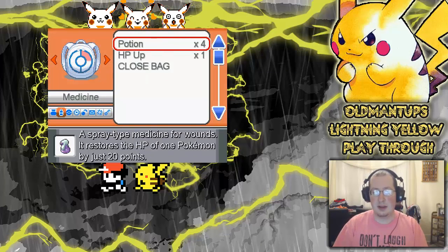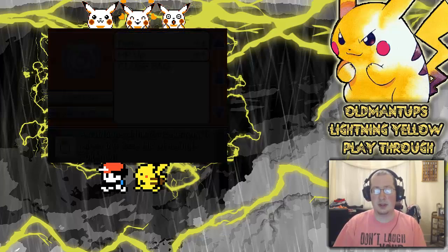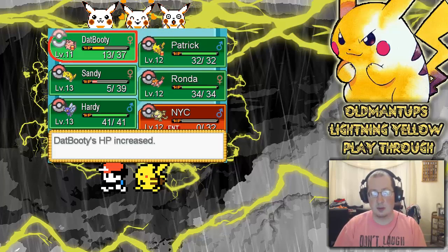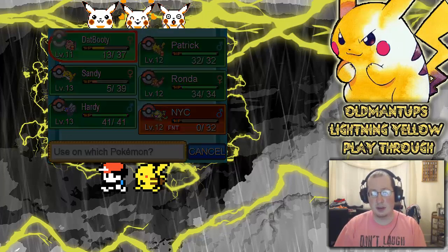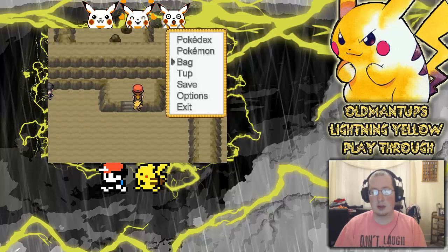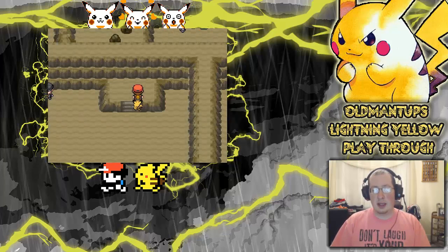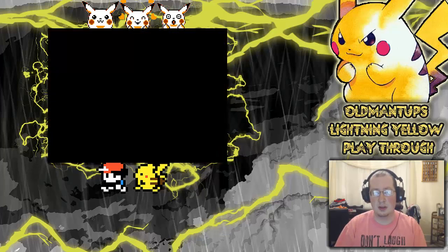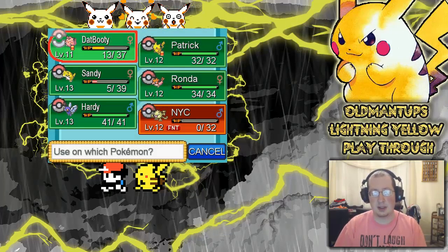Close bag, Pal Pad, Old Amber, HP up. Let's raise somebody's hit points. And Dat Booty would love to have its hit points increased. And we're going to burn a potion on Dat Booty because I really want to